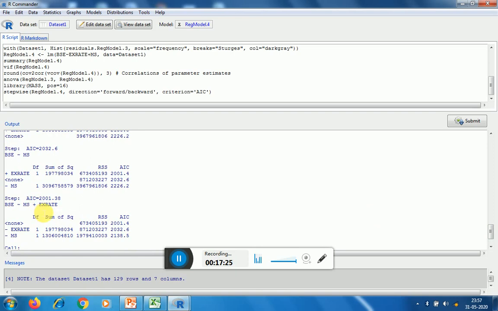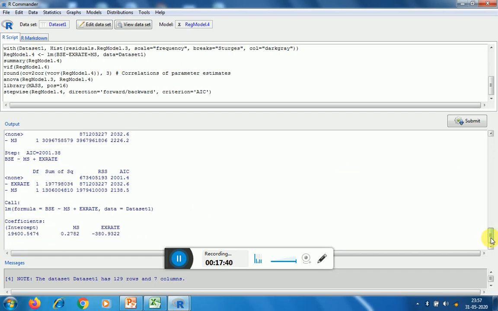Now when intercept with exchange rate and money supply is taken, this Akaike information criteria is now 2001. So this is less than this. Now again, here the Akaike information criteria is the lowest, and for rest of the other things it comes to be very high,